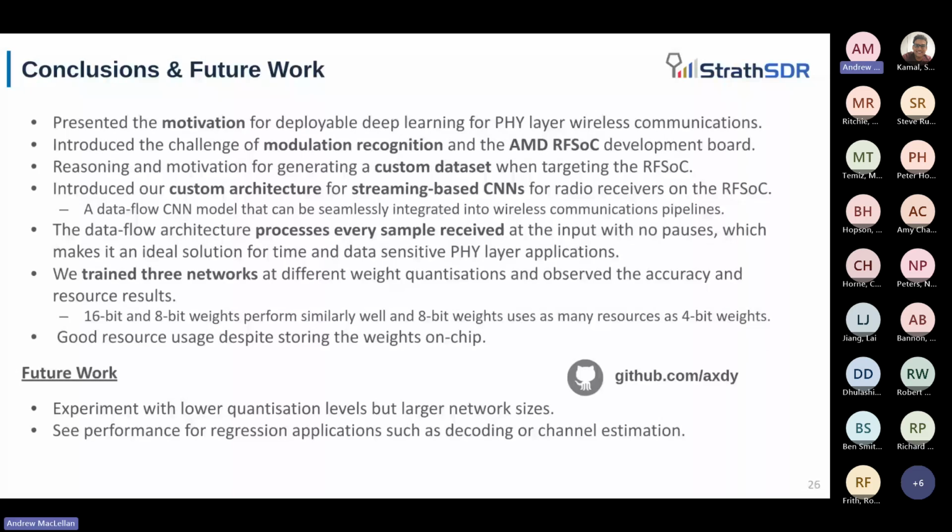So in terms of conclusions, I presented the motivation for deploying deep learning for physical layer wireless comms, as in we want to swap out maybe some functionality that already exists in a radio receiver pipeline. We've introduced the challenge of modulation recognition and what the RFSoC is.